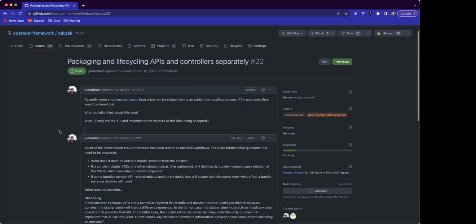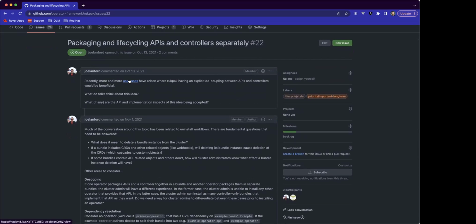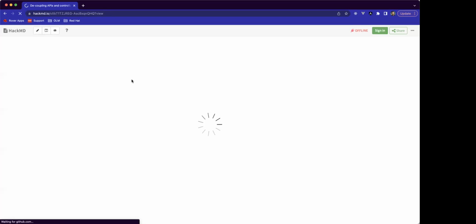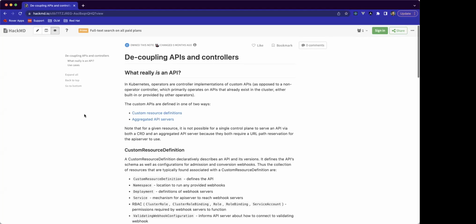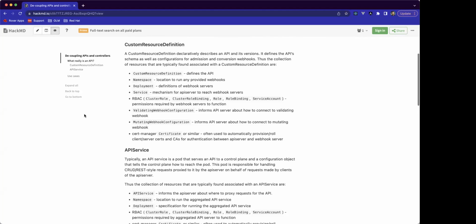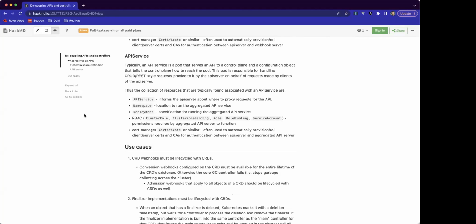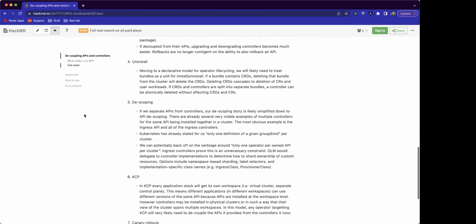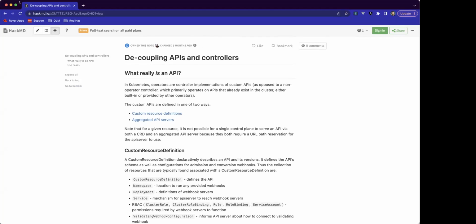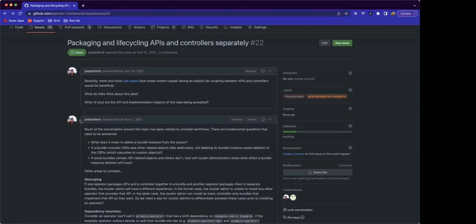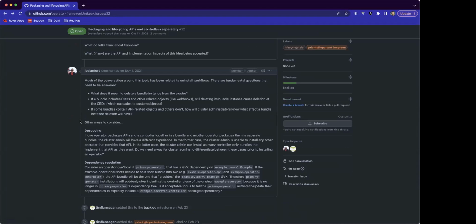But as for this one, decoupling between API and controllers. And then it links out to this. Interesting. This looks like this probably has a lot of context that we would want before closing this out. It's not like a free throw to close this out, mainly because there's a lot of context to catch up on. So I'm going to go ahead and move on,